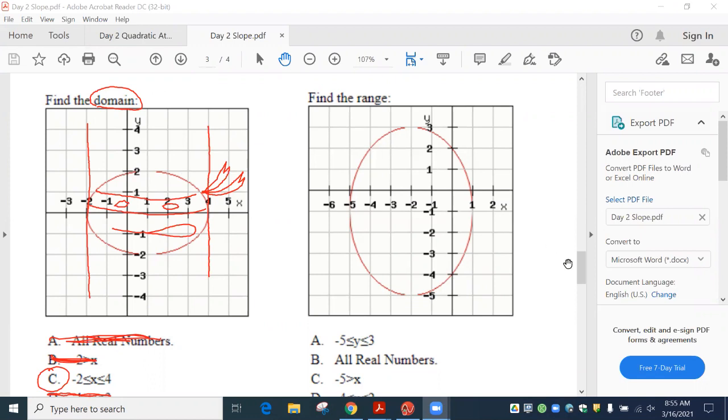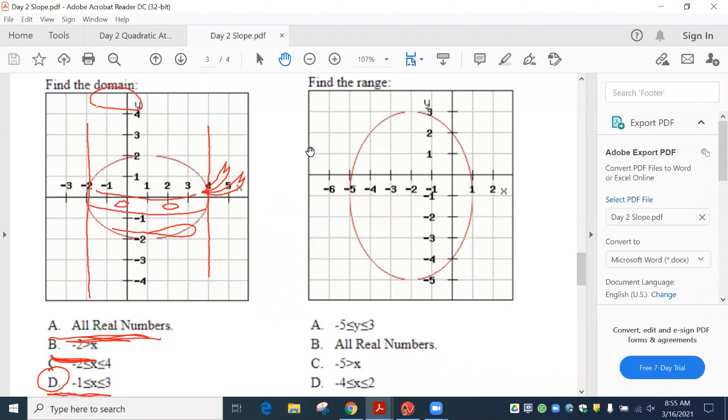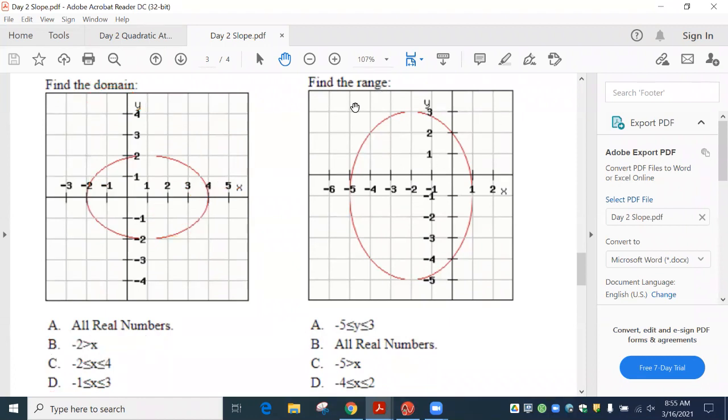Okay, so now for range, I'm going to scoot this down just a little bit so I can see that. All right, so for range,